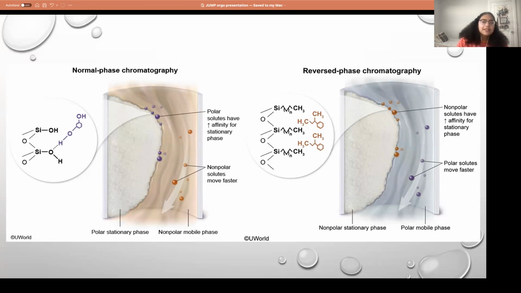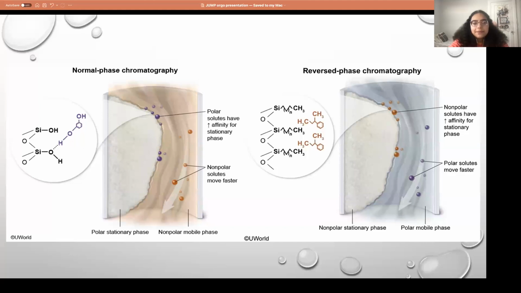Chromatography is the next thing. Chromatography uses two phases to separate compounds based on either their physical or chemical properties. The stationary phase, also known as the adsorbent, is usually a polar solid, and then the mobile phase runs through that, and it's usually a liquid or a gas. If a compound has a higher affinity for the stationary phase, it'll take longer to pass through. Like if you're hanging on, if you like it, it'll take longer to pass. But if it has a low affinity, it'll pass through faster. And so things separate at different paces.